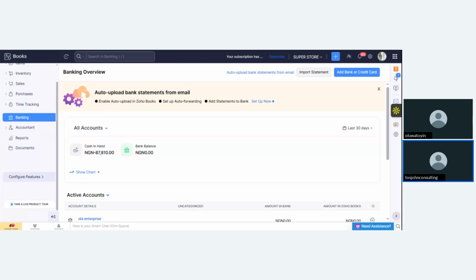You must be onboarded on the e-tax platform. You get it, because this is a practical session. I want you to get it. All these things I'm telling you, you will be seeing them. When we get to the tax aspect, I'll show you everything. When we get to CAC, you'll see everything.